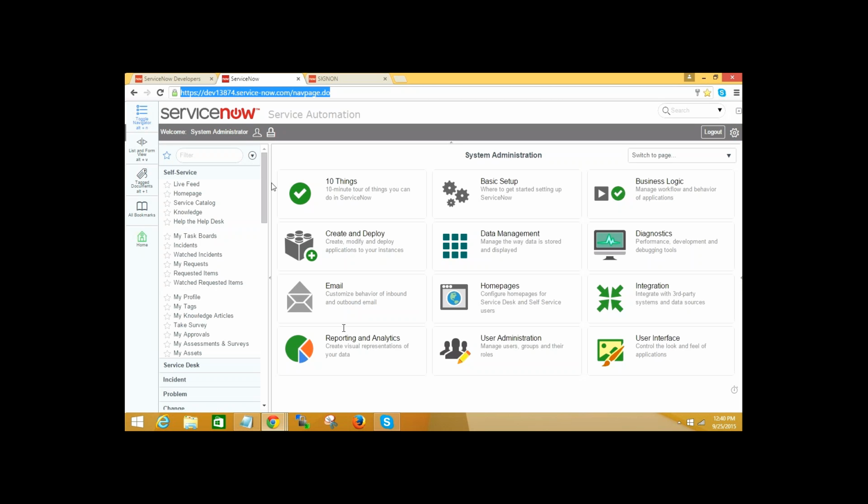These two databases are supported by ServiceNow, and the next is the application server, J2W. All this we call middleware, which supports ServiceNow. So J2W as an application server, and the OS is Linux.